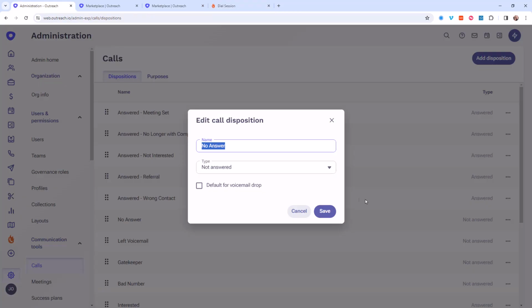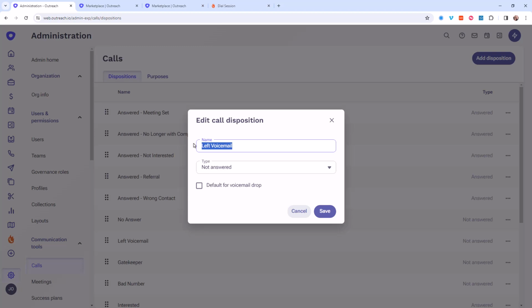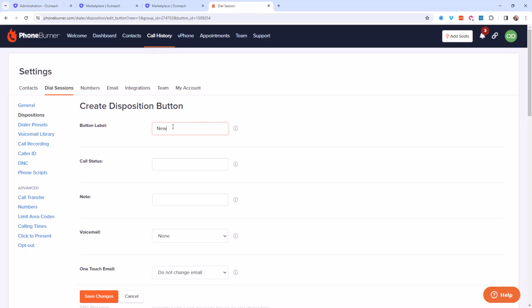This new button is going to be our voicemail button, right? So if we call somebody and they don't answer, and we go to their voicemail, with PhoneBurner, we can drop a pre-recorded voicemail, and we don't have to wear our voice out over and over and over again. So let's jump back over to the disposition section,